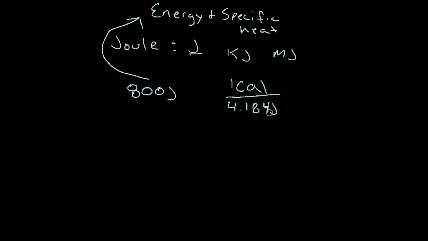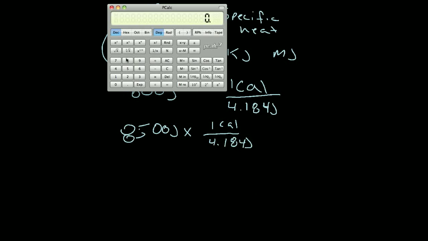Well, now we can kind of swing this in a little bit of a different direction. If I say I have 8,500 joules, I can tell you at that point how many calories are in that. Because I know for every 1 calorie I have 4.184 joules. You just grab your calculator. 8,500 times 1 divided by 4.184 equals